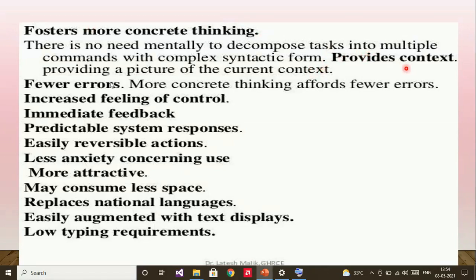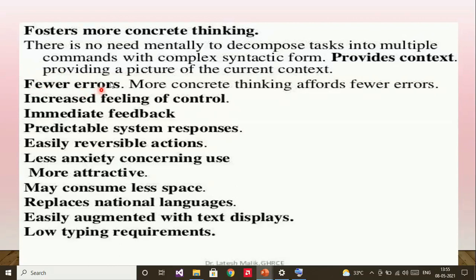Next point is provides context. That means the displayed objects are visible and it provides a picture of the current context on the screen. And the next point is fewer errors.